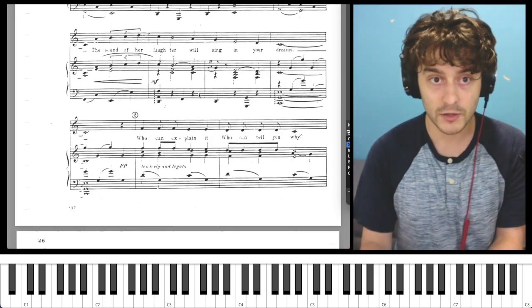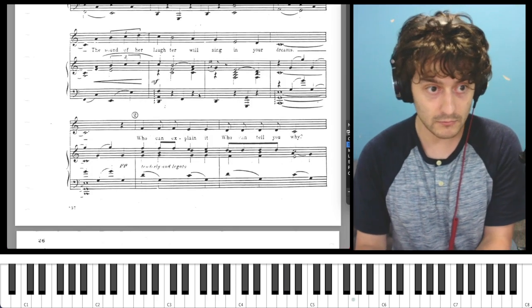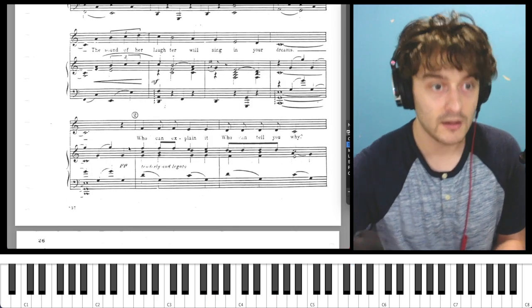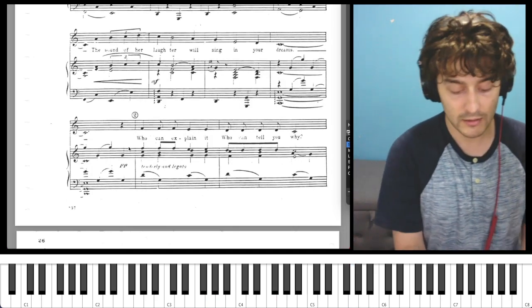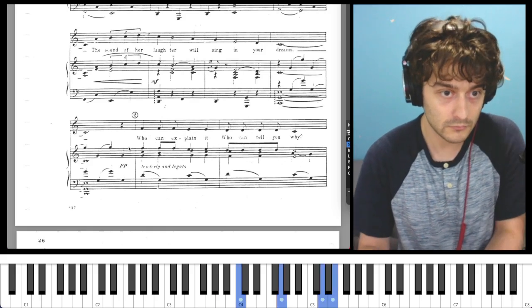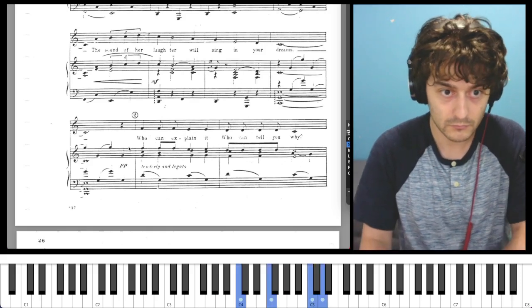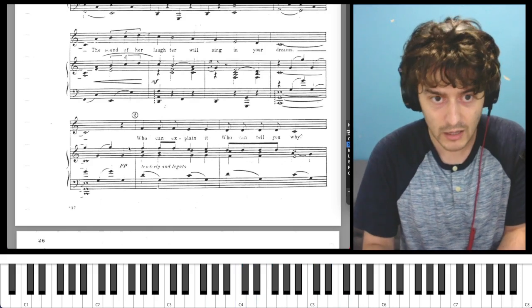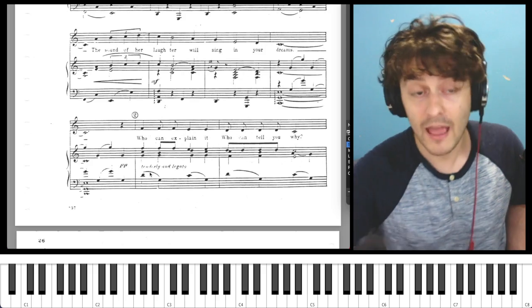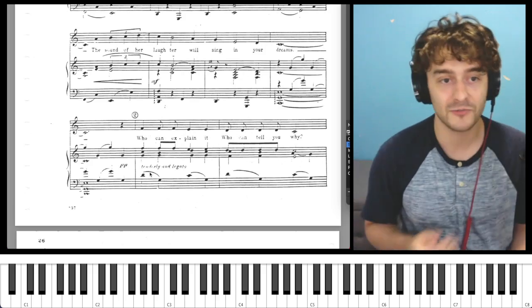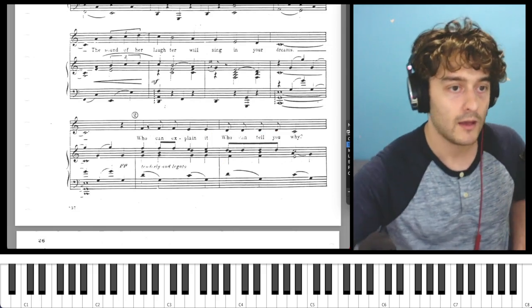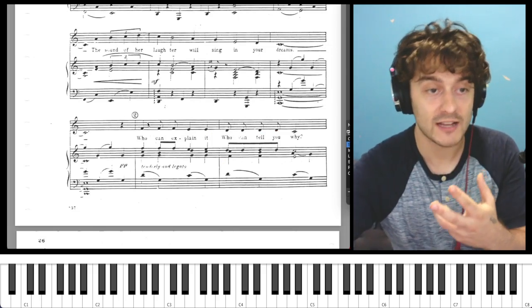We get this like open just G's. These are all just G, G, G in different octaves, which leads us to this lovely section. And what's happening here is just a lot of tension and release, right? The melody here gets a lot simpler. Again, we're providing contrast because we're in the B section.